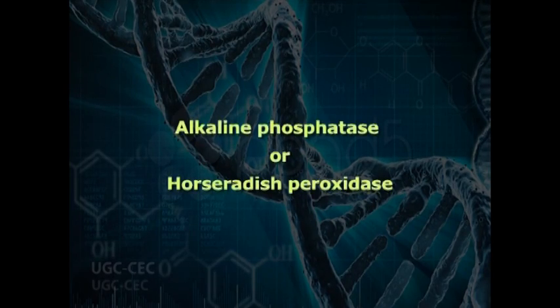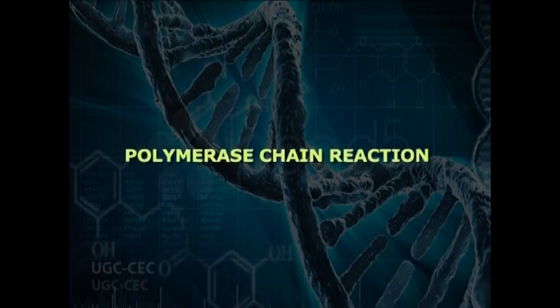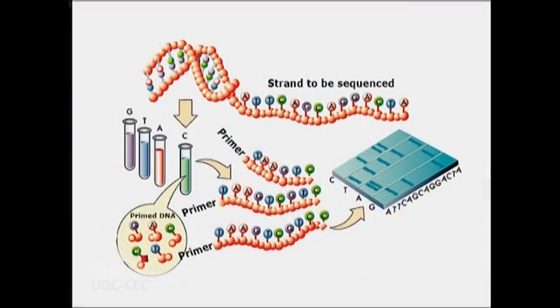The probe is labeled either with a radioactive isotope or an enzyme bound to it, for example, alkaline phosphatase or horseradish peroxidase, or a fluorochrome. The location where the probe has bound is revealed by methods depending upon the label used. If the probe was labeled with radioactivity, it can expose X-ray film directly, or a fluorescent dye is detected by UV exposure.